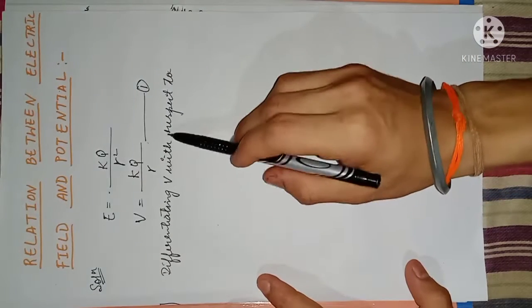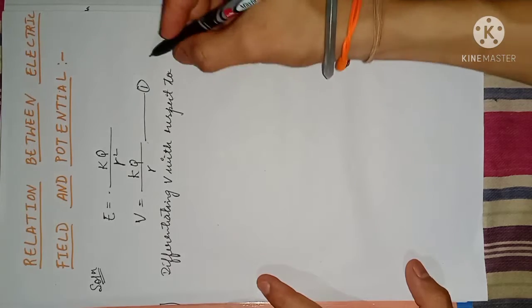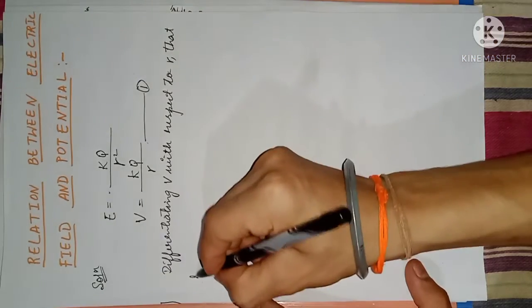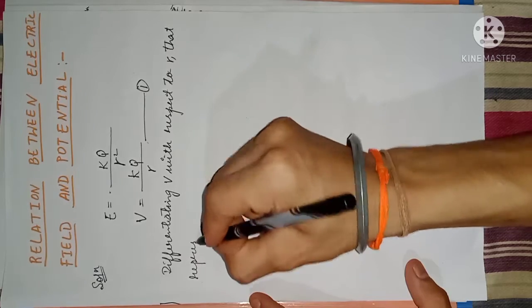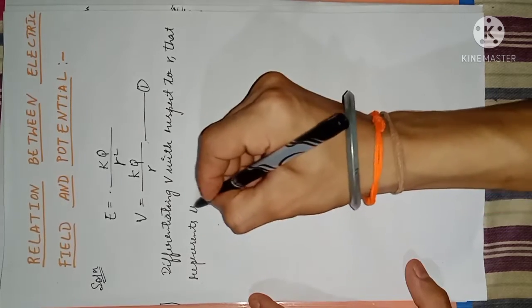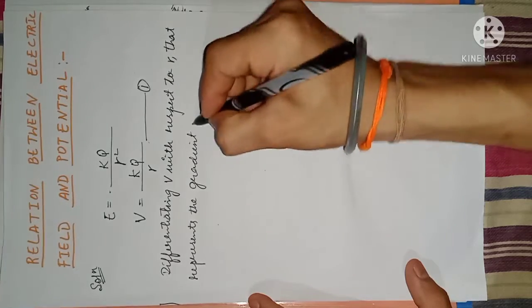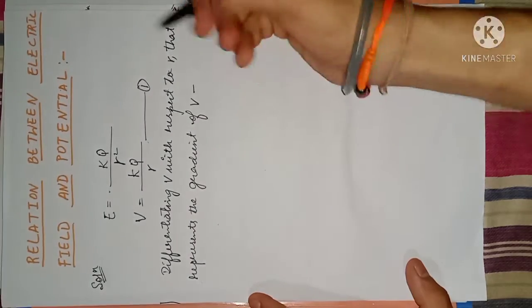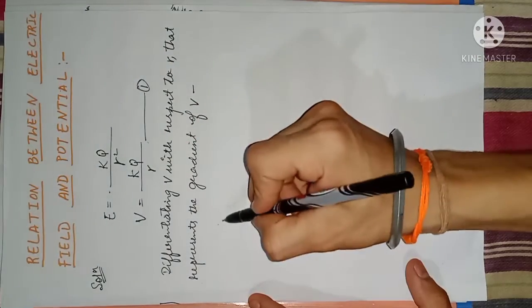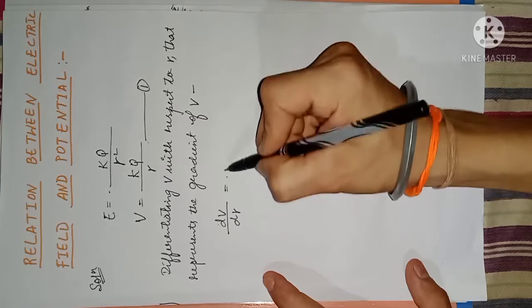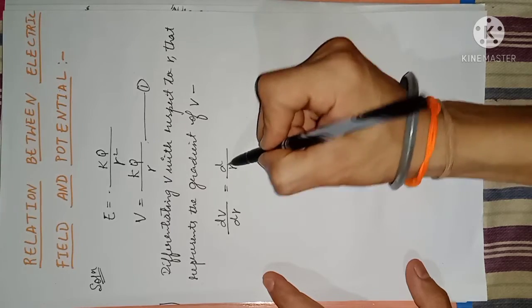Differentiating V with respect to r represents the gradient of V. So we need to differentiate equation number 1: dV by dr is equal to d by dr of